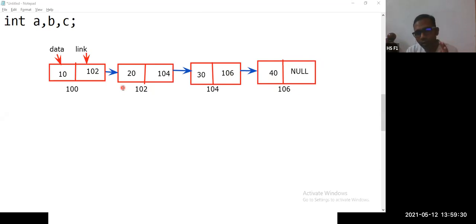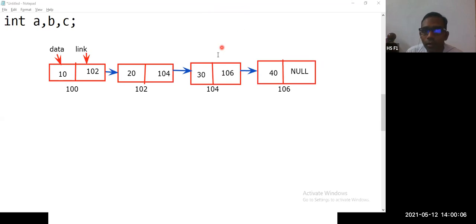This is how memory is also allocated. One is sequential memory allocation in the form of an array, or in a dynamic format, that is in a linked list format. In the example, we have taken 100, 102, 104, 106 in a sequential manner, but there is no guarantee that the memory will be allocated sequentially. Somewhere it may be 100, somewhere it may be 500, somewhere it may be 300, etc. So this type of memory management is called dynamic memory management in the form of a linked list. Is this clear? Great. I consider that this is clear.